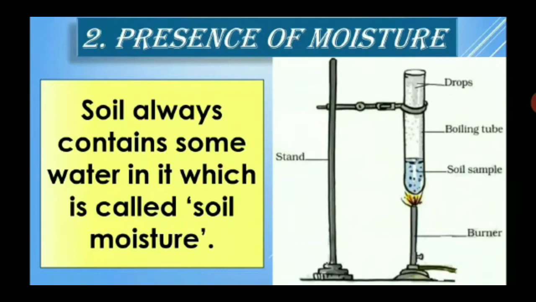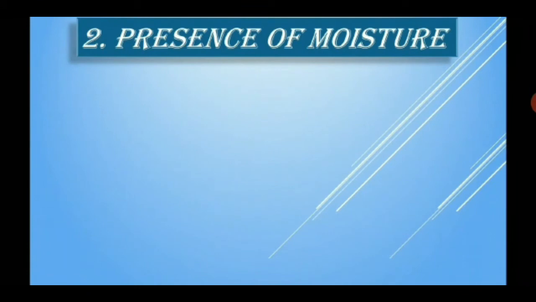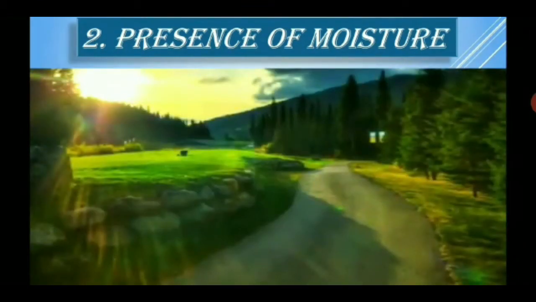If we measure the mass of the soil before the activity and after the activity, we can find how much moisture is present in it. We can calculate the percentage of moisture present in any soil sample. So that's why on a summer day, when we pass through any farmland, we find that the air above the land is shimmering. Because of the sun's heat, the moisture present in the soil is continuously evaporating, and that's why the air looks shimmering.